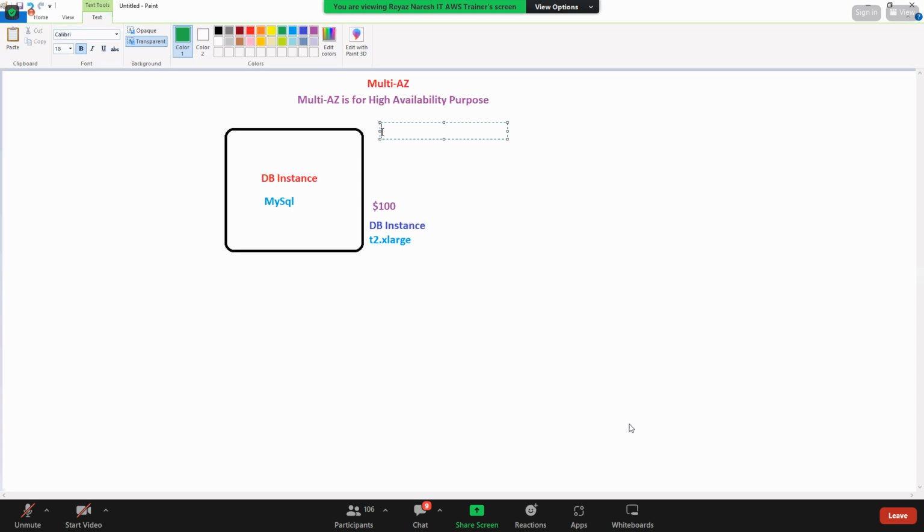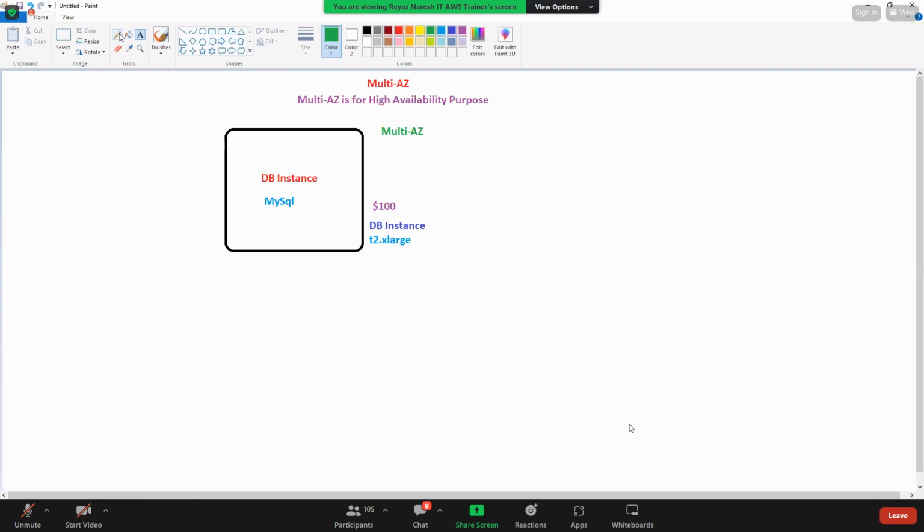If you say yes, I need multi-AZ, you know what RDS will do? RDS will create another parallel DB instance similar to this.